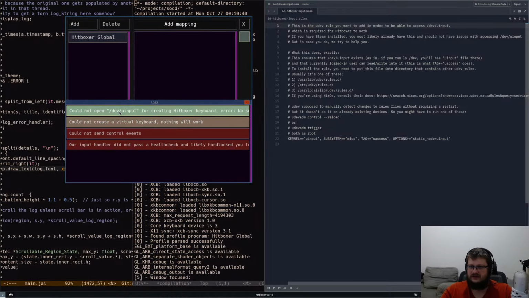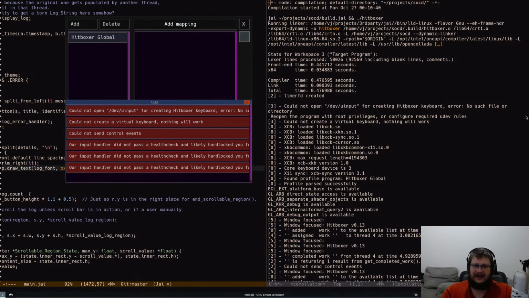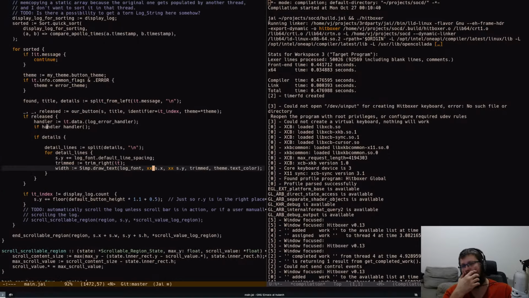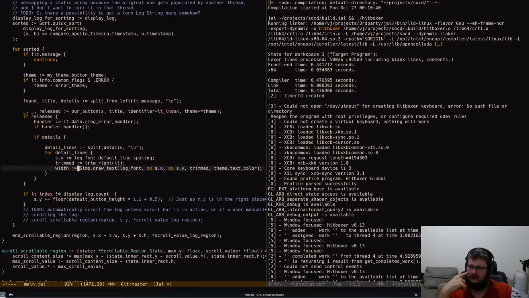Oh no, look at this, it tries. It tries to draw details, but then it gets overwritten. Oh, I need to preserve this. So this needs to be preserved. How do I preserve it? Do I put it on log strings or